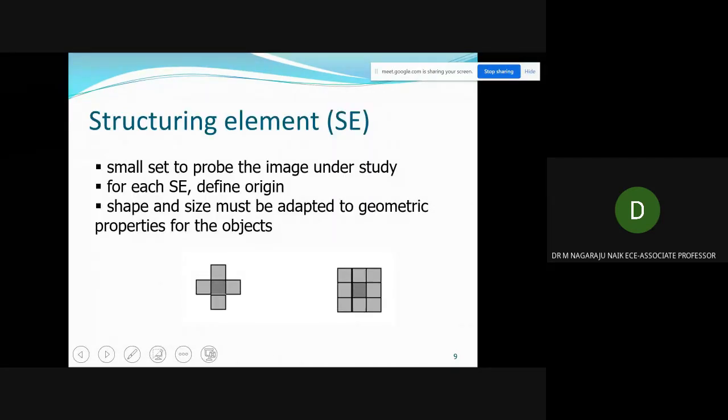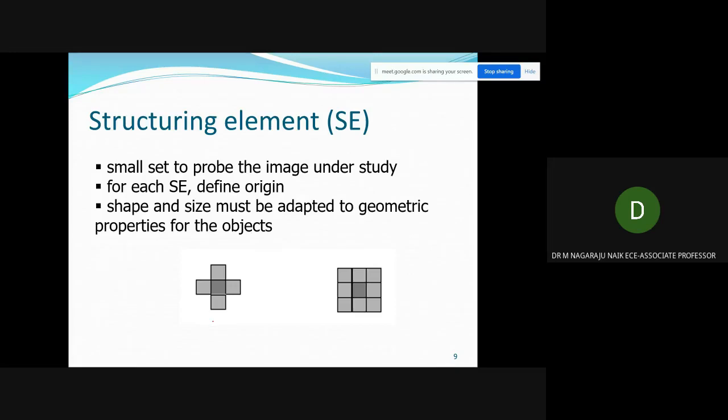Now, just now we discussed the structural element. What is meant by structural element? It is a small structuring element used to translate the image to another place. So it is a small set to probe the image under study, and each structural element is defined with an origin. Every structuring element should be defined with an origin.